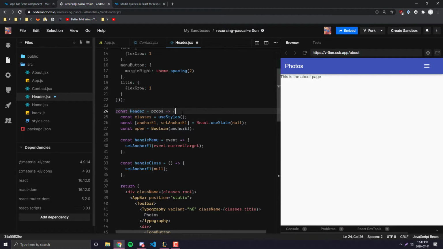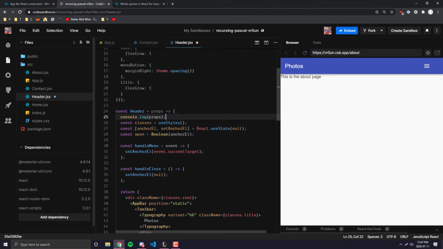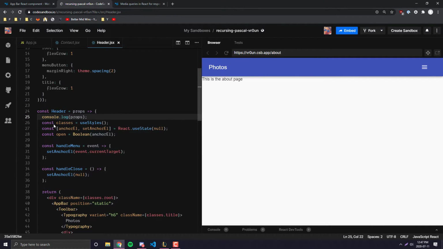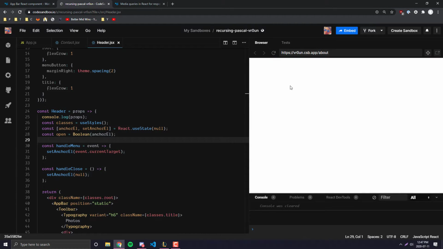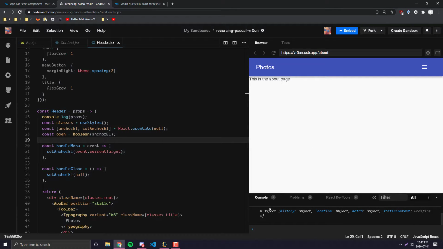now, if I were to console.log the props and open up the console, and let me move this, there we go, out of the way so we have a bit more room for what's actually being shown on the screen. If I open the console and let's say refresh this, you'll see that all of a sudden I'm getting a couple of default objects coming in from React Router. So for example, I'm getting history, location, and match. I've gone over in previous videos which each of these are going to be used for, but if we want to be able to pretty much go to a different URL in our application, we need to use something called